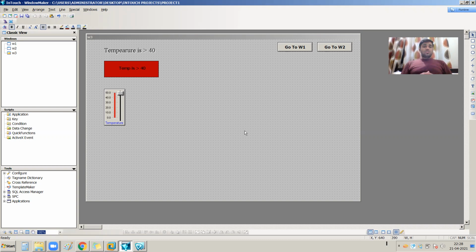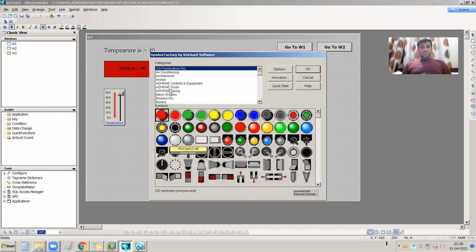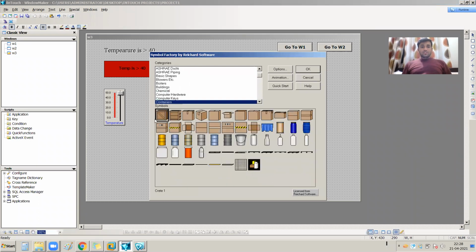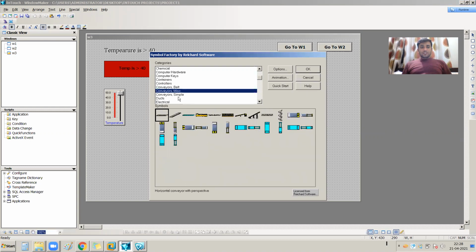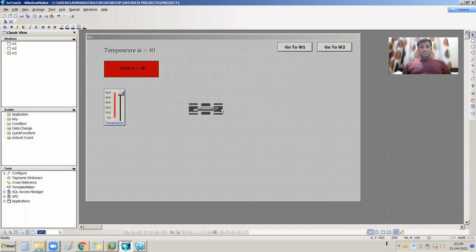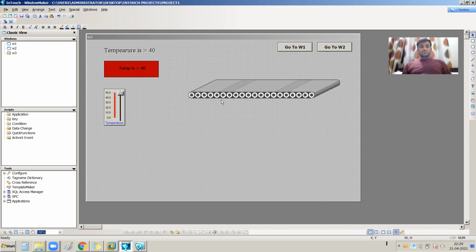We are going to discuss the visibility concept with the help of vertical movement and horizontal movement. For that I am taking the conveyor from the symbol factory. So here is the conveyor from the symbol factory. This is the conveyor built for horizontal movement.